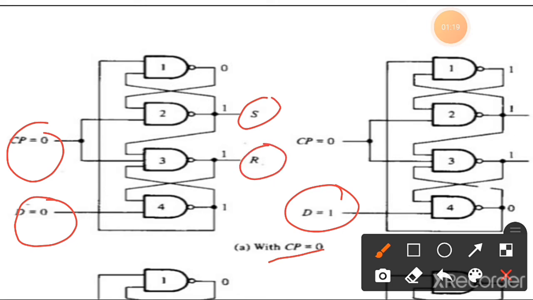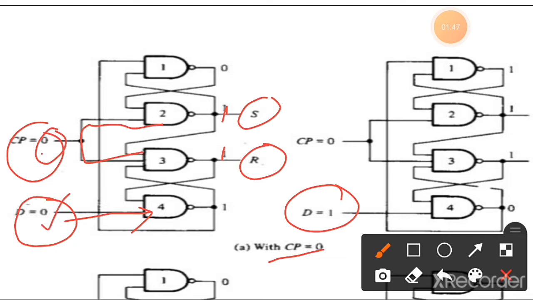Here we know that this is a NAND gate. When Cp applied here is 0, then any one input of the NAND gate being 0, the output will be 1. So S and R will be 1. When an input D is applied to gate 4,